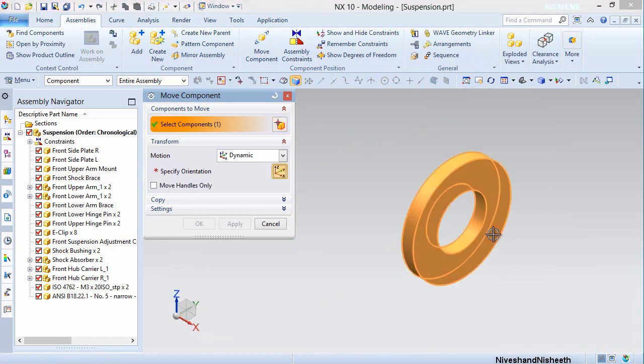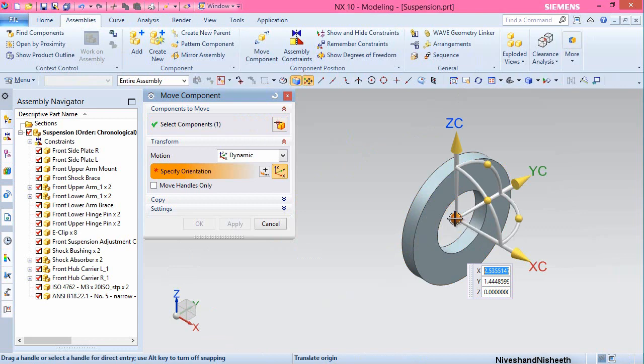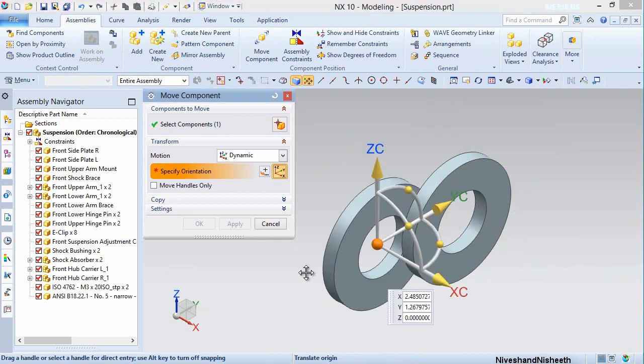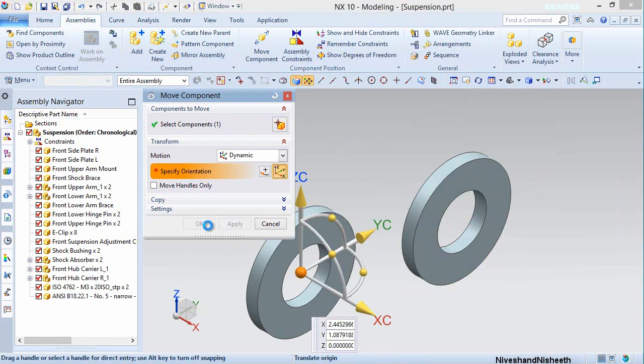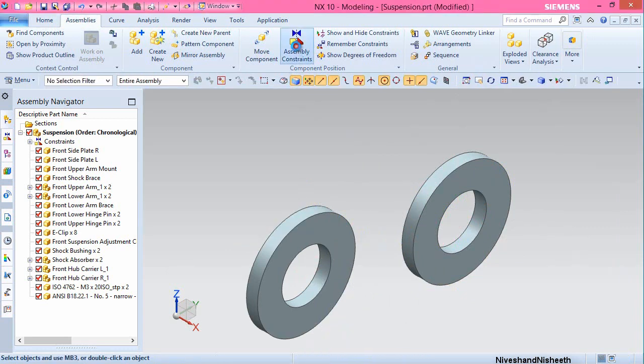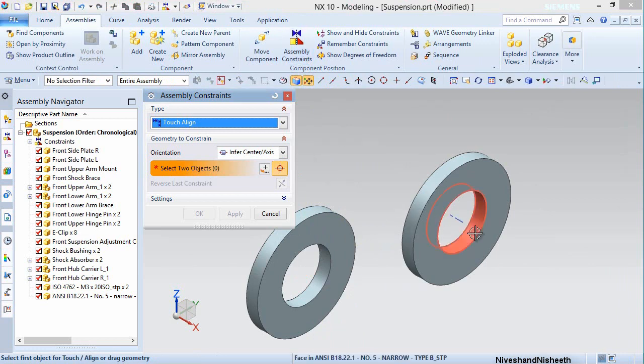Now we will drag the washer from the center origin point to separating it. Okay, select the hole of the washer